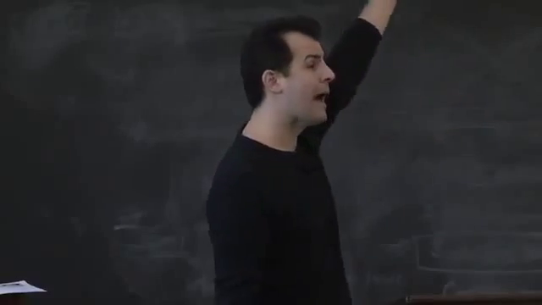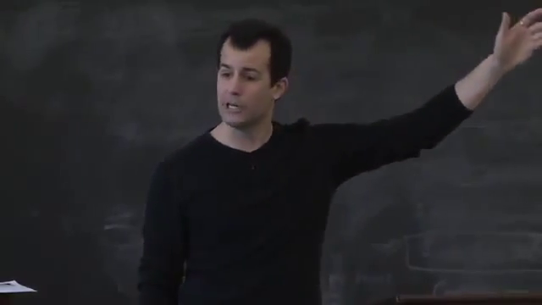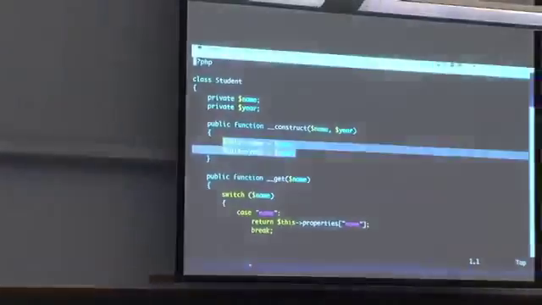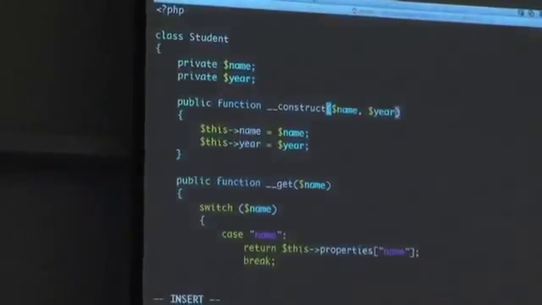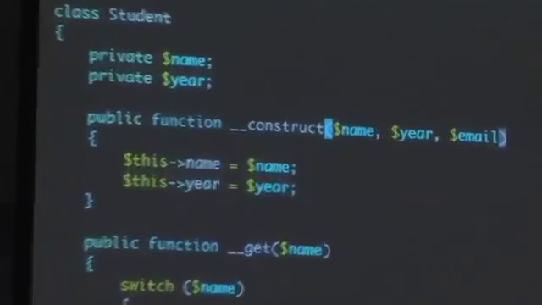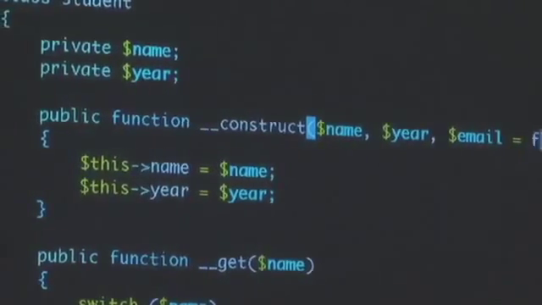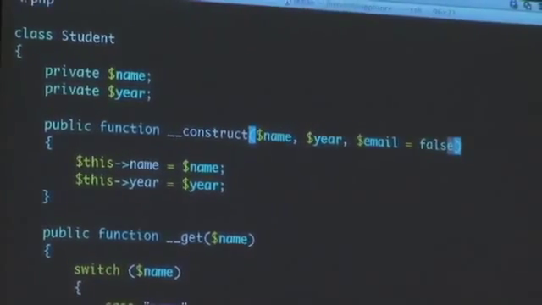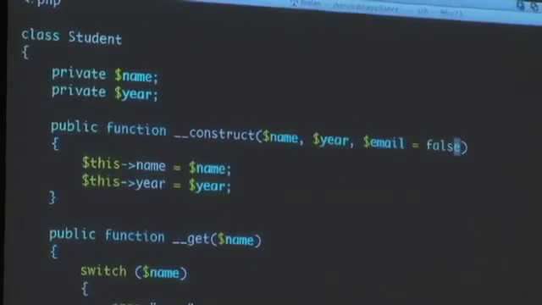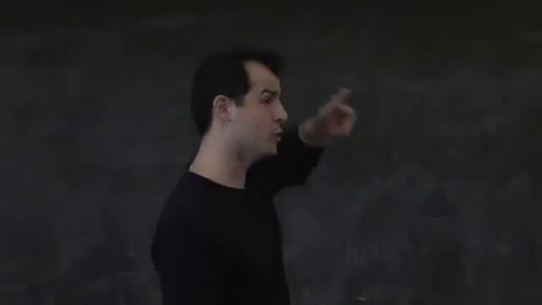And similarly, if you keep adding to this comma separated list, you can at least be backwards compatible like this. You can say, you know what, we're going to support an email address, but just in case you're using the old version of the API, we're going to give it a default value of false. So PHP does have this ability to assign default values so that you can still call this constructor with 2 arguments,